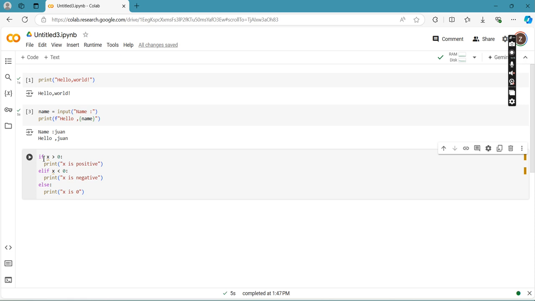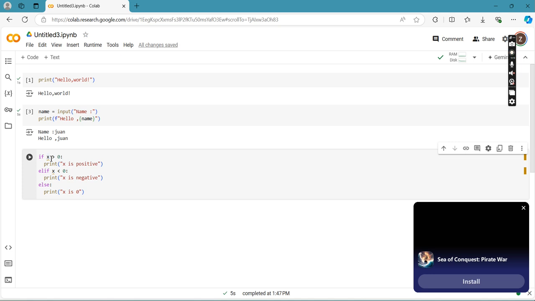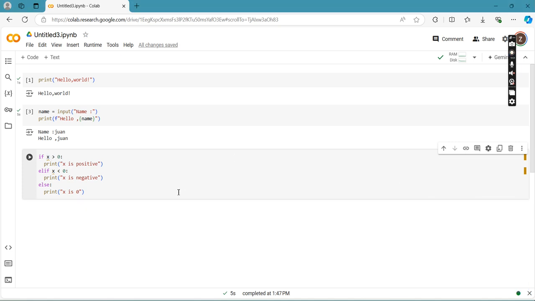So we have here a script that determines if x is positive, negative, or 0. Again, emphasizing that indentation in Python is very important since that is the one used to determine the scope of a certain block of code.